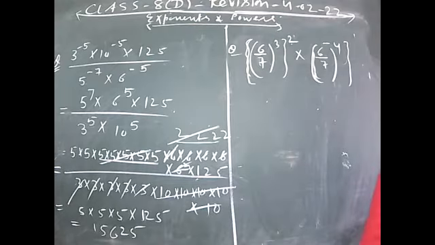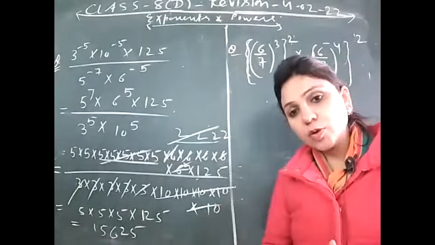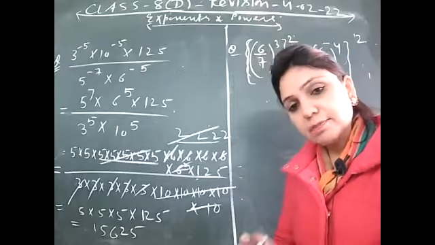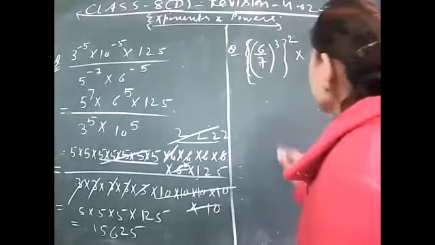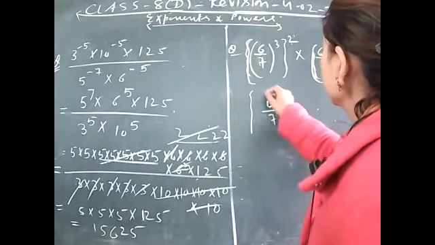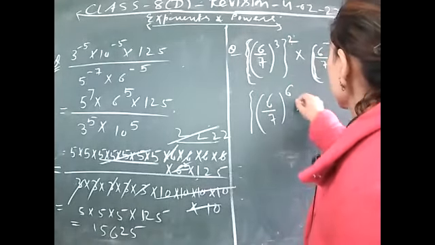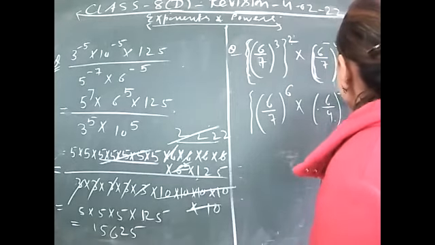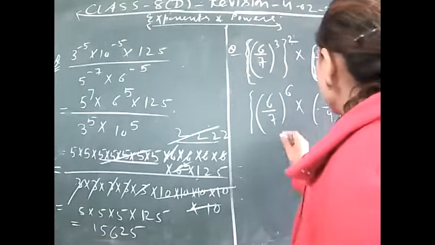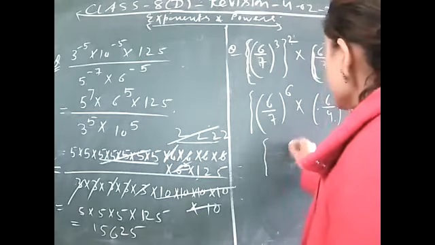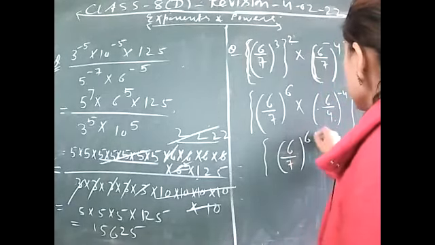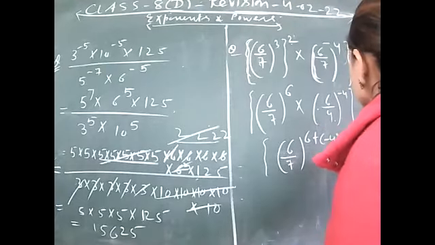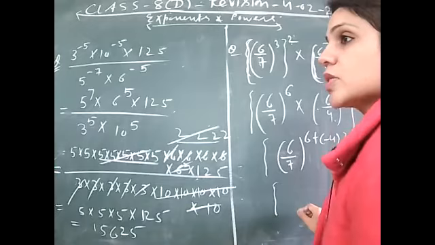Further raised to power 2, so we have a power 2 outside. First of all, brackets are to be opened. As we know, BODMAS, that brackets are to be solved first. So I am writing 6 by 7, 3 twos are 6, into 6 by 7 raised to power minus 4, whole raised to power 2. Base is same, sign of multiplication, so powers will get added. 6 plus minus 4, raised to power 2. So 6 by 7